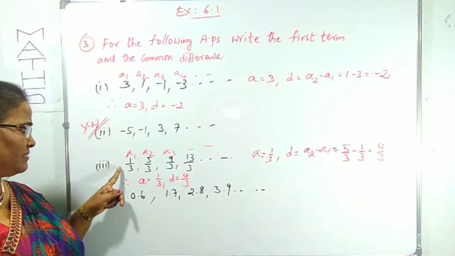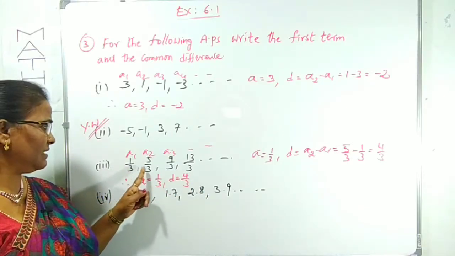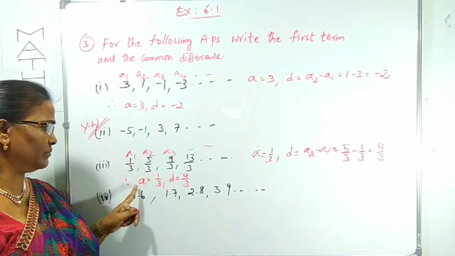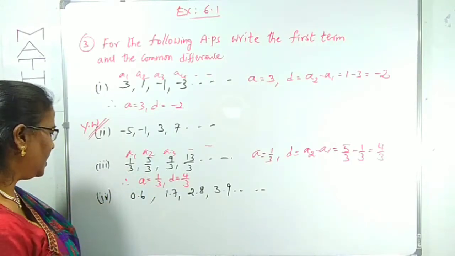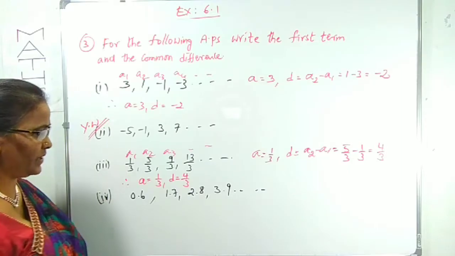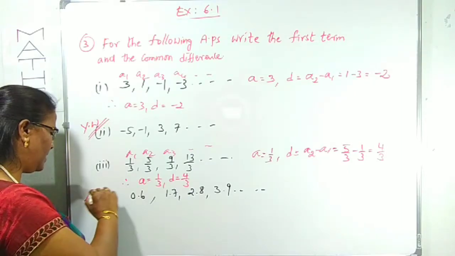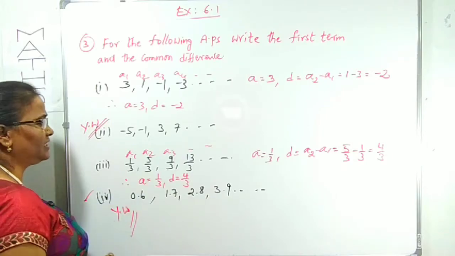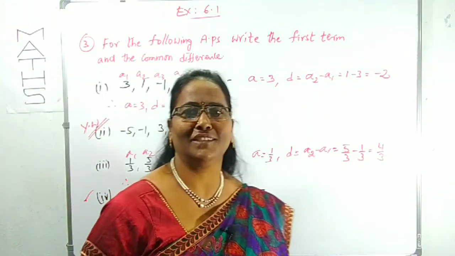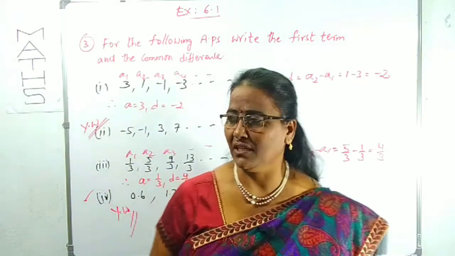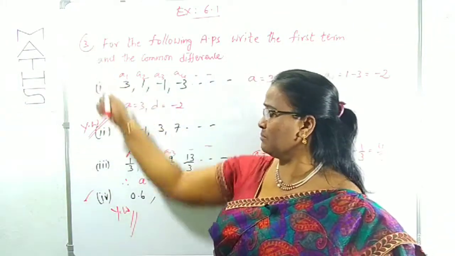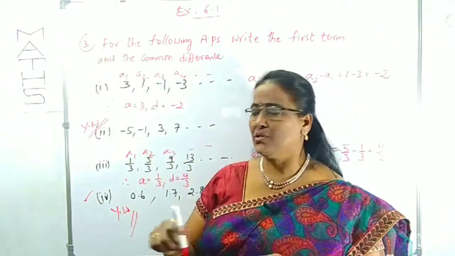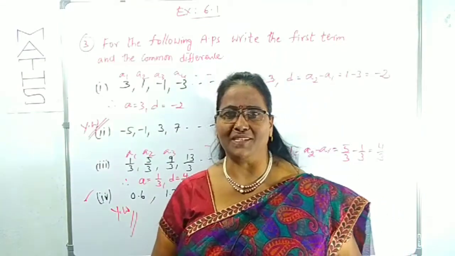అర్థమైందా? ఫస్ట్ టర్మ్ ఏ అంటే అక్కడ 1 by 3. డి ఎలా వస్తుంది? 5 by 3 లోంచి 1 by 3 రిమూవ్ చేస్తే డి వచ్చేసింది. రైట్? Now we can come to the fourth bit. Okay, can you try? This you can also try. Okay, I will give you these two for your work. YW means your work. So we can mention your work under the question number and bit number. Mention the answer you got in the comment section.